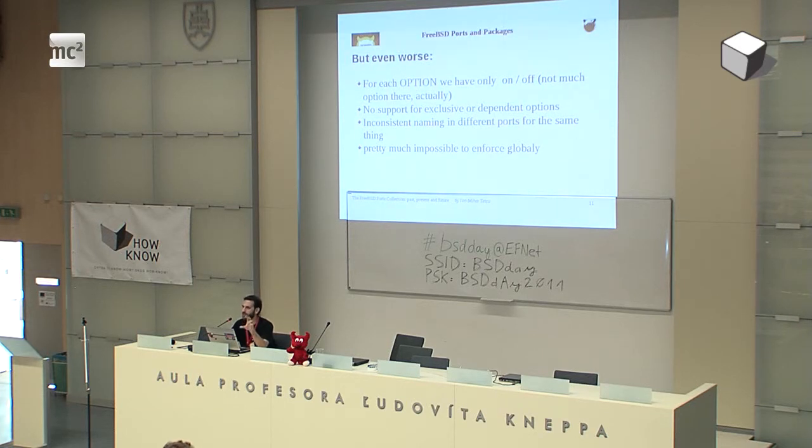We can say you need to choose at least one from these three options. And another thing is that an option that actually does the same thing in various ports is called in different ways, which makes it pretty much hard to